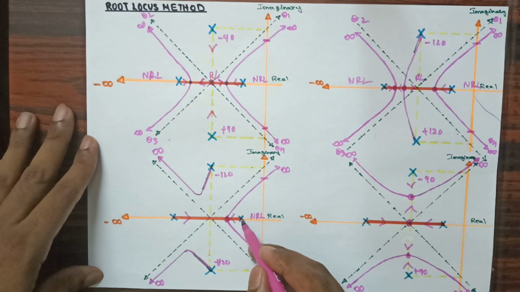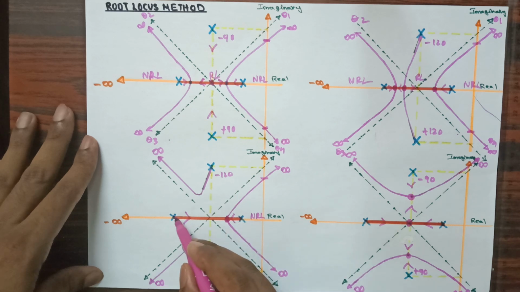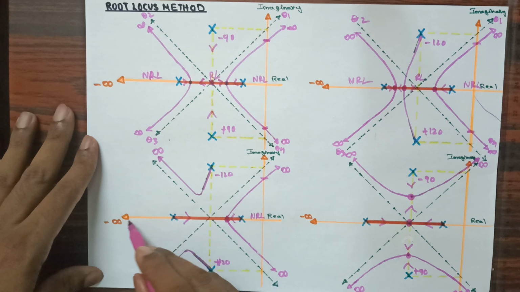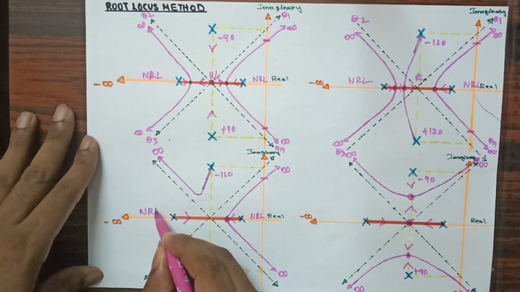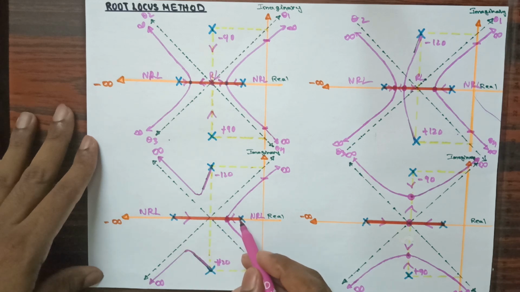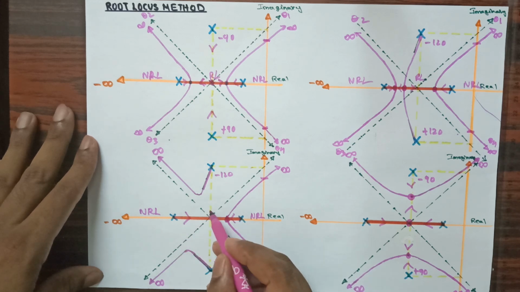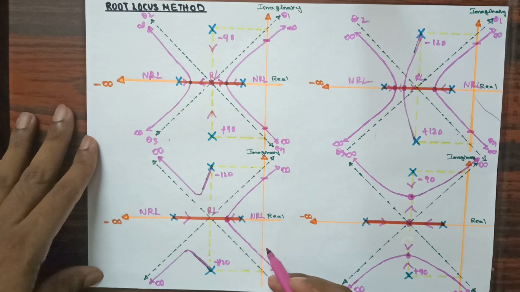So when I start to count from this point, it is 1 till here, it is 1 only, but as I get count 2, that is an even count, so for an even count I am not providing any root locus path till infinity. That means here it is no root locus path. So root locus path is from this point to this point. I am writing here root locus path.